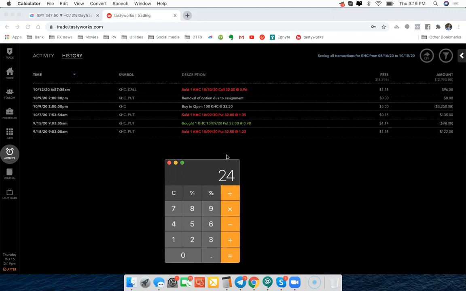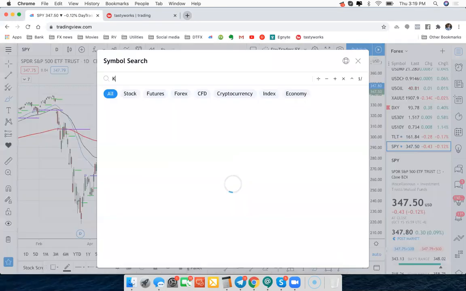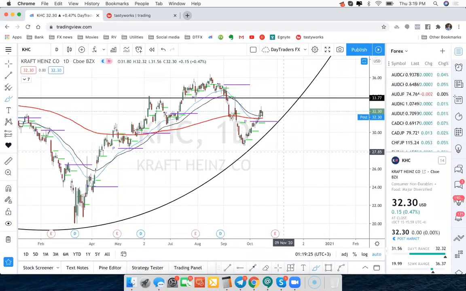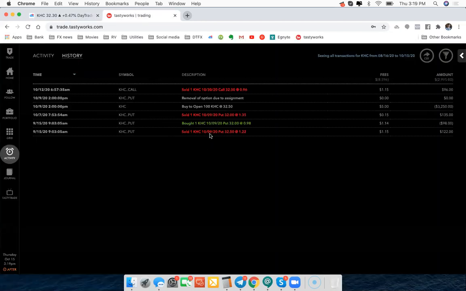Okay, so now that is our trade, right? If the stock starts to go, remember, we need this to stay above 32.50 for us to make that $24 per contract. If it starts going down, here is KHC. You can see that KHC is currently trading at 32.30. And my option obviously expired. My expiration was 10/9. So it certainly was not above 32.50 at expiration. So what ends up happening now is the stock goes down